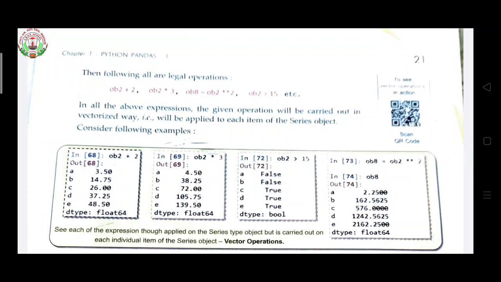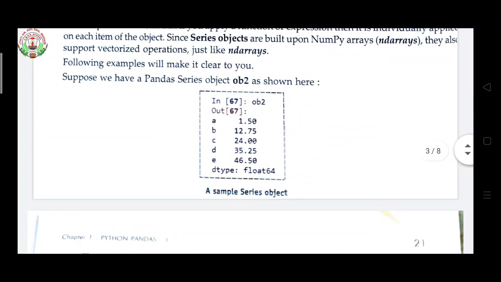Object plus 2 means if you are passing any value, the 2 will be added to that value. Suppose the value here is 1.50. Object plus 2 means 1.50 plus 2, how much will you get? 3.50.